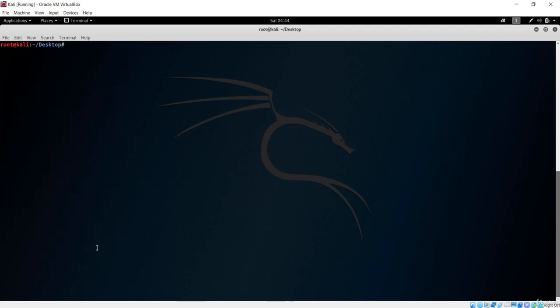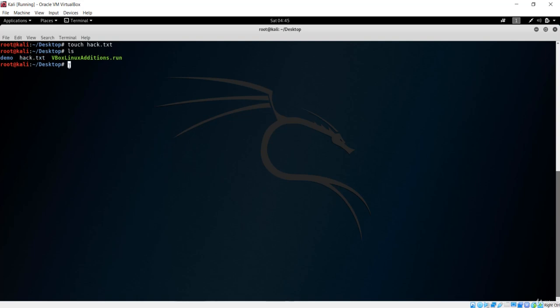Now in order to create the file, you can make use of this touch command and give the file name. So after touch, let me say this is a hack file. So I'll say hack.txt. If I hit enter, now if I say ls, then we have created hack.txt inside this desktop.